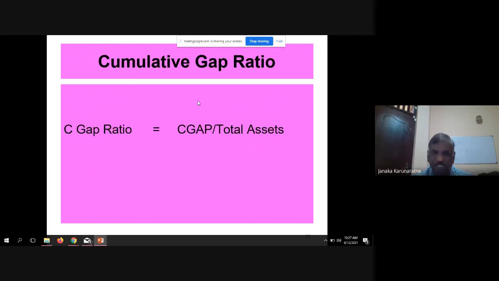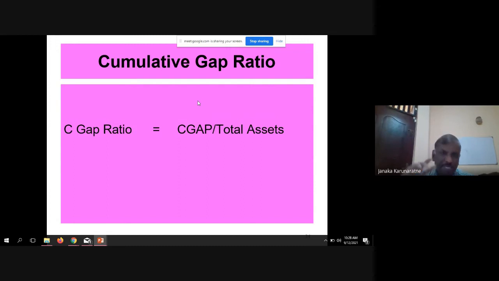Okay. So let's move on to the next item, cumulative gap ratio. This is a very important risk indicator for many banks. When I say banks, I refer to banks and financial institutions. So always bank comes to my mind, but I refer to banks, finance companies, anybody in this sector, right? Because we have a couple from MBSL and CDB as well,